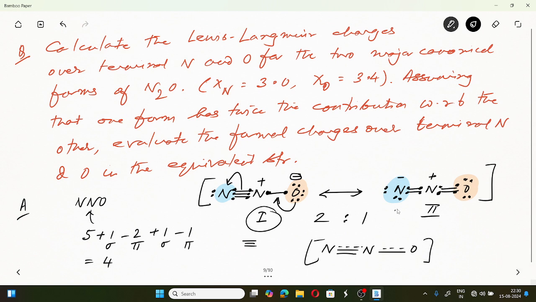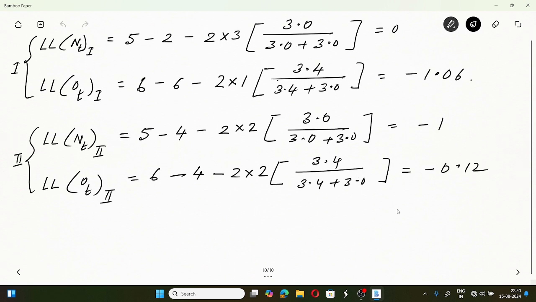So in order to calculate the formal charge over the terminal nitrogen, what should we do? The Lewis-Langmuir charge on the terminal nitrogen over the equivalent structure will be twice the formal charge of this, plus 1 into the formal charge of this, divided by 2 plus 1,